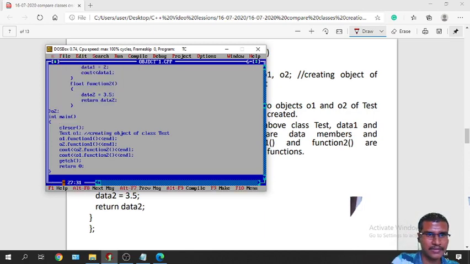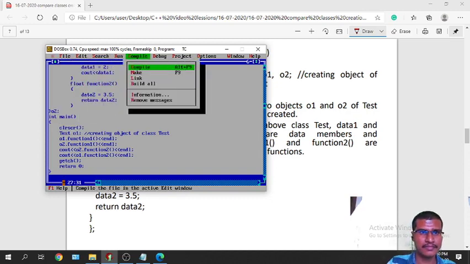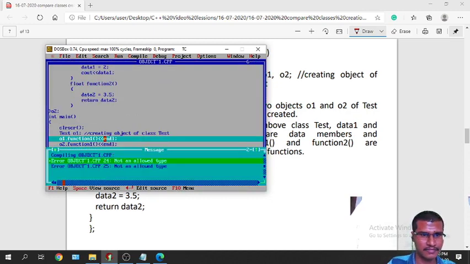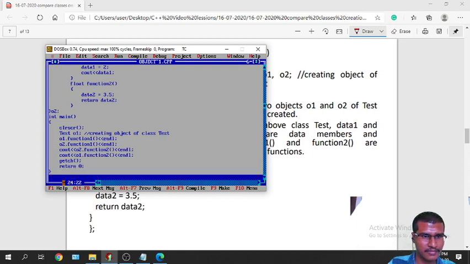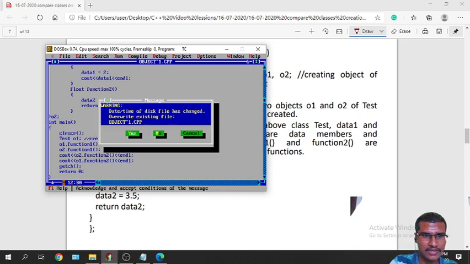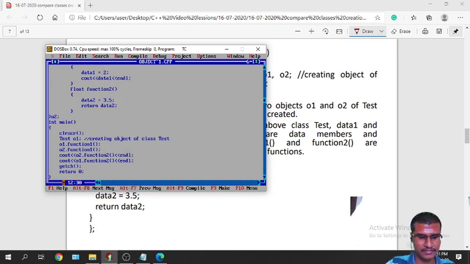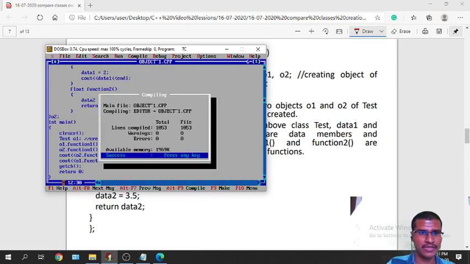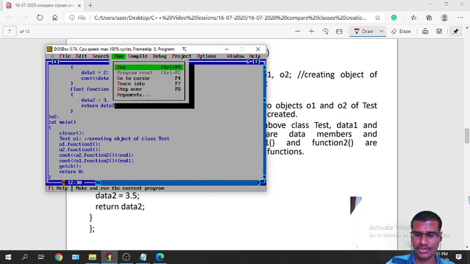I can write it over here. Now those values will display two times. That's it.